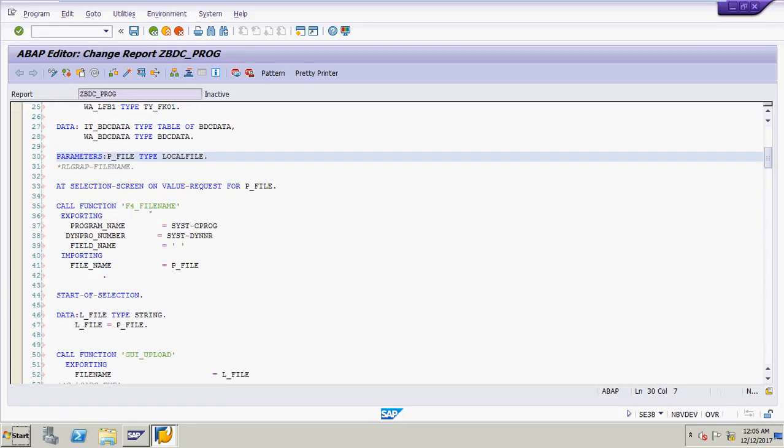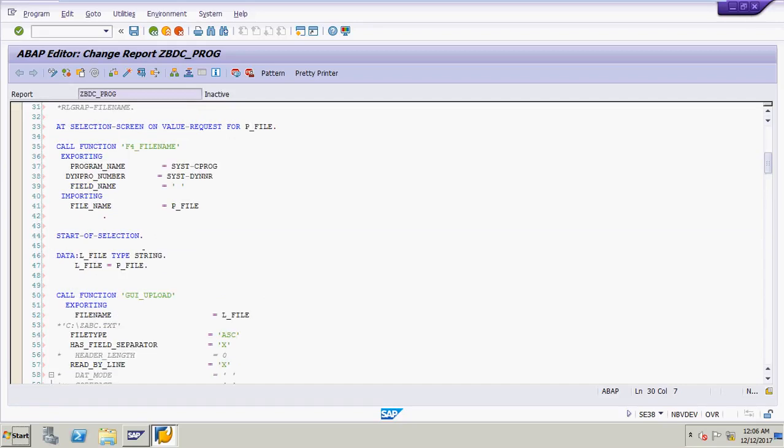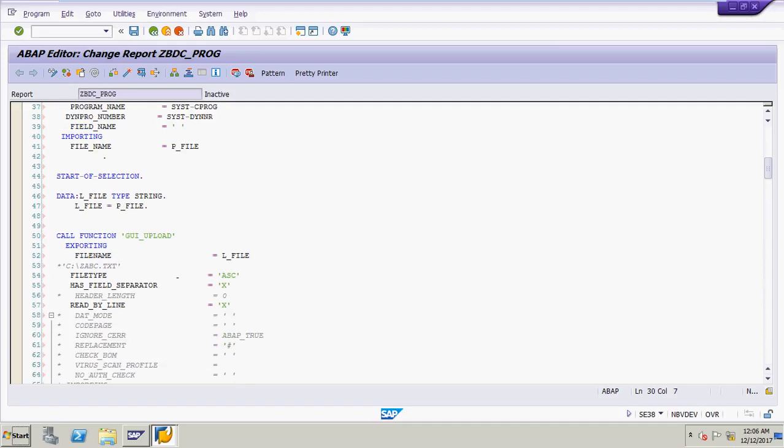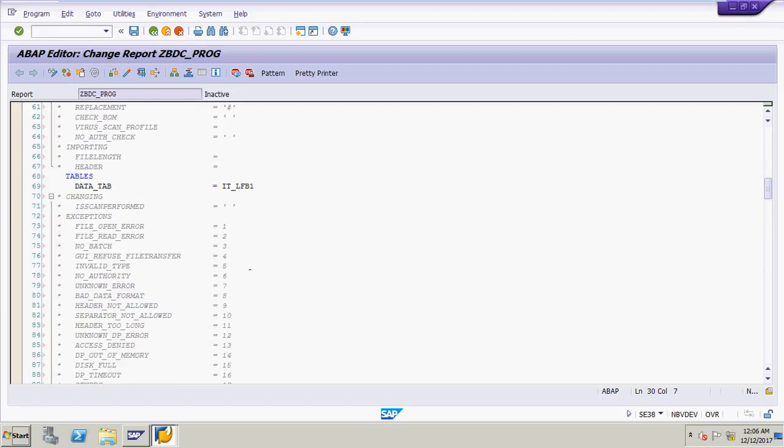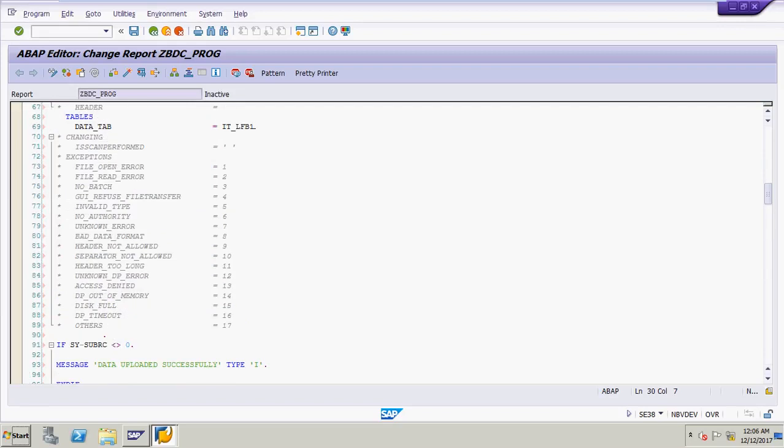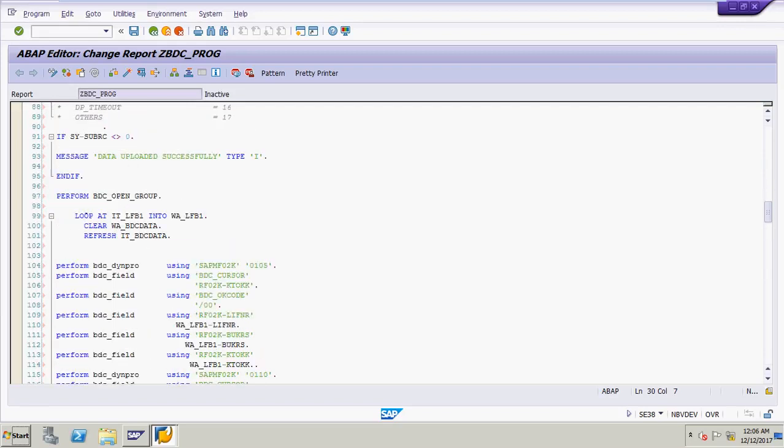And now call the function F4 file name, and at start of selection assign the L file, another which is string type, and L file is an address variable which holds the value of P file. Now give the GUI upload L file, all the things I have mentioned here, internal table LFB1, and after that perform BDC open.